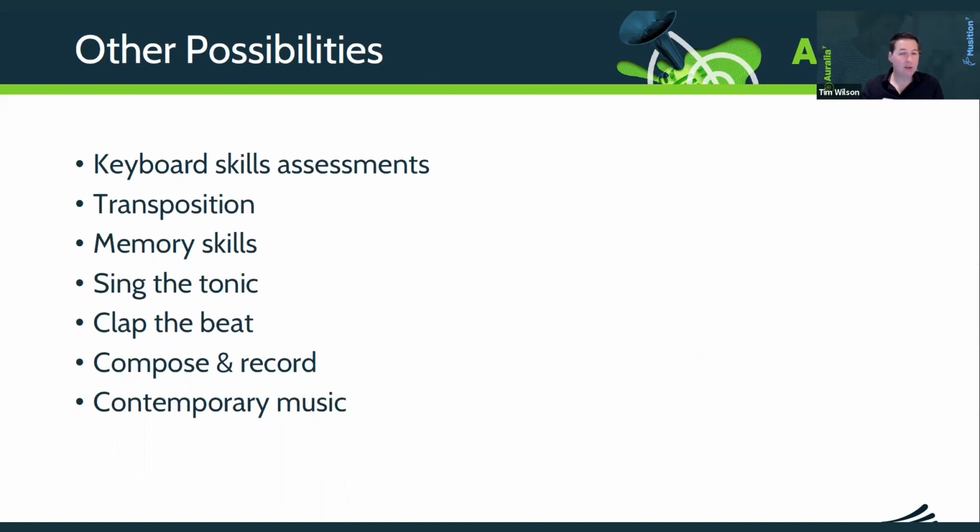As I mentioned earlier, it can be used for some really fundamental type exercises as well. You might choose to play an audio recording and then have the student clap along, sing the tonic at the end of it, things like that, as well as transposition, keyboard skills, even submission of recordings of orchestral excerpts or entrance exam type performance things. It could potentially be used in that type of context as well,